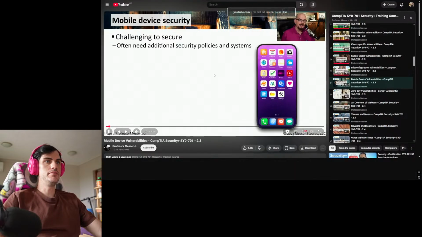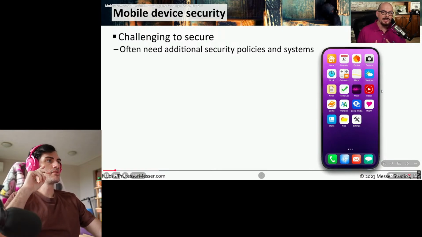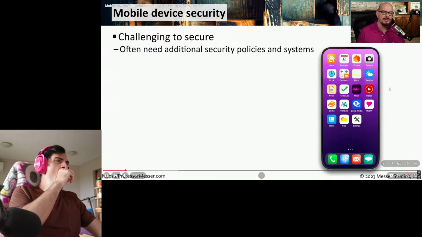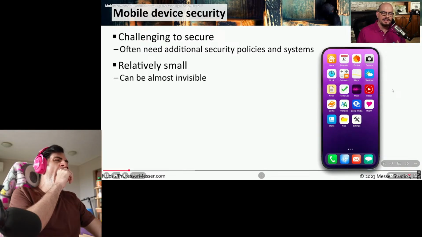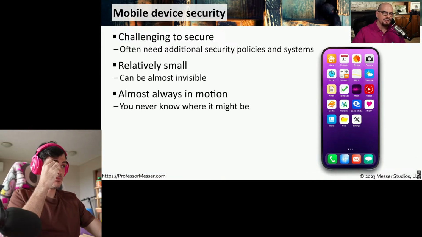To say that our mobile devices are challenging to secure is probably an understatement. These are devices that often require additional policies and procedures along with different technologies just to be able to provide security. These are relatively small devices and you can hide them almost anywhere on a person. You also find that these are always moving.